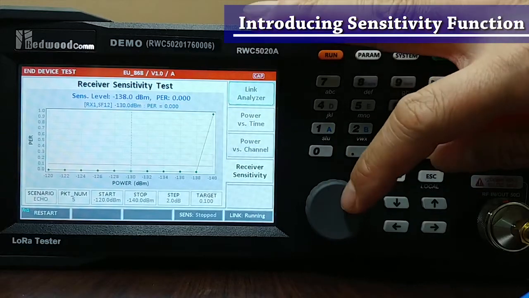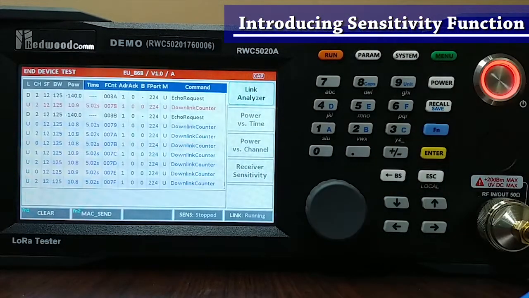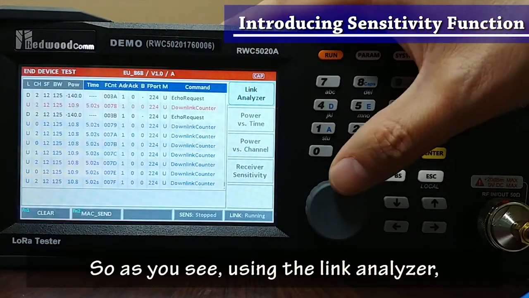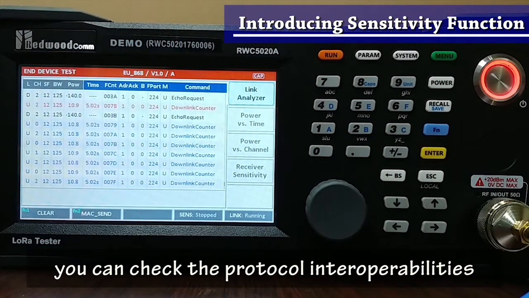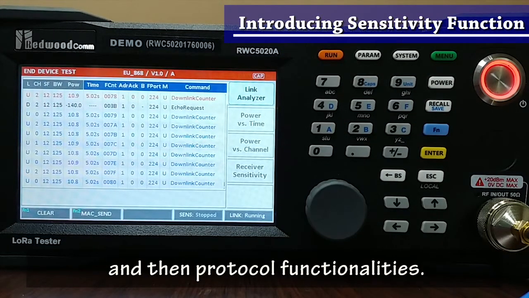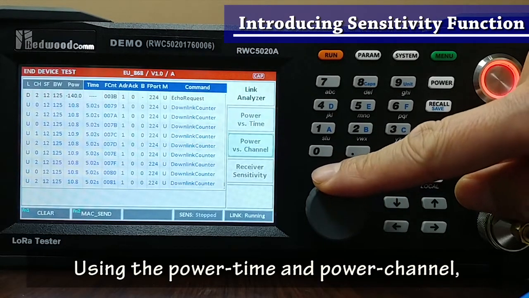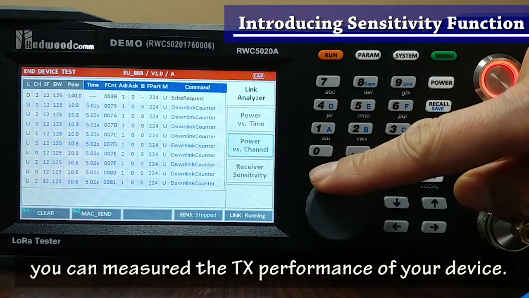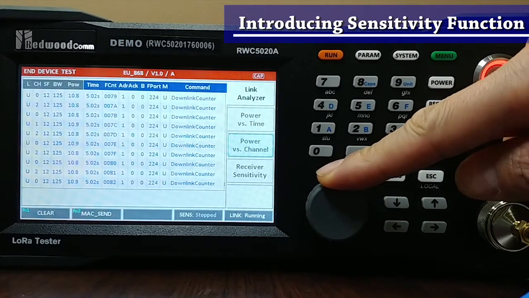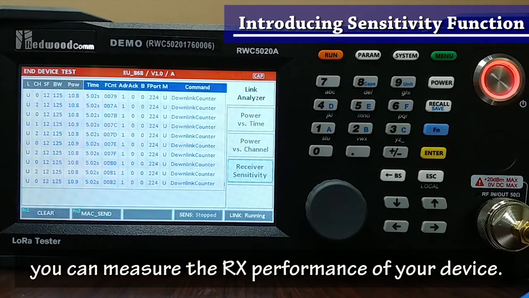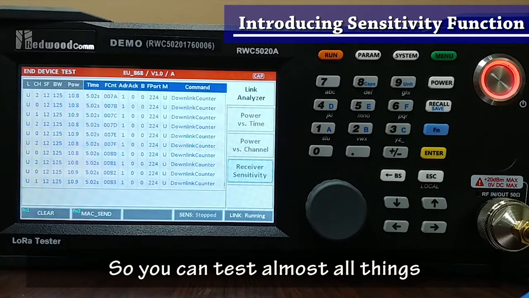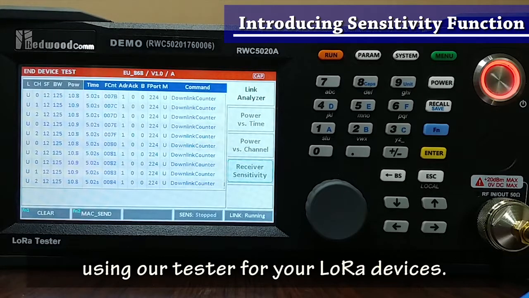So as you see, using the link analyzer, you can check the protocol interoperability and protocol functionalities. And using the power time and power channel, you can measure the TX performance of your device. Using the RX sensitivity, you can measure the RX performance of your device. So you can test almost all things using our testers for your